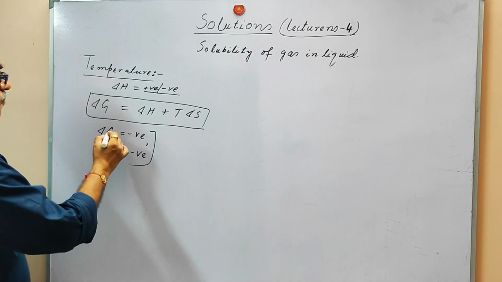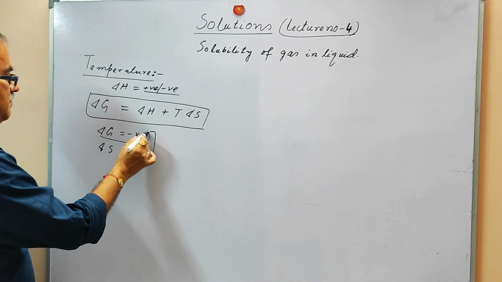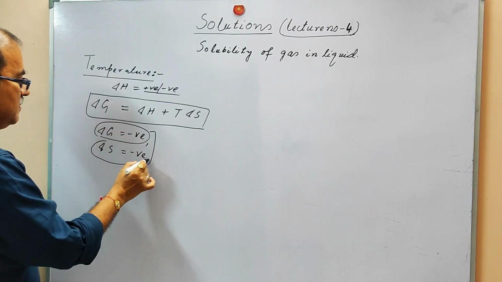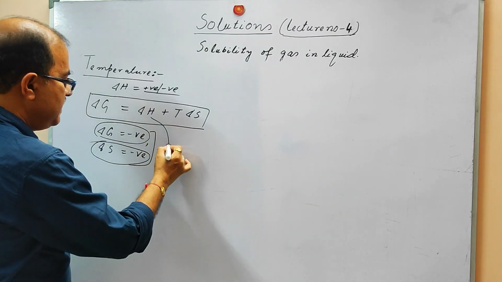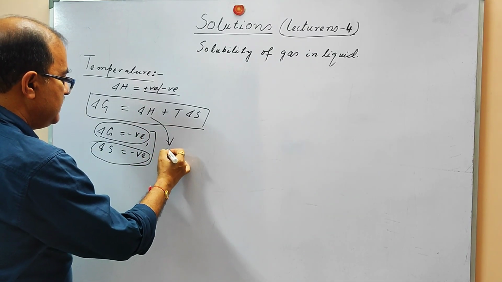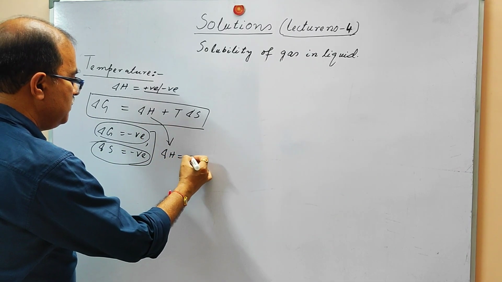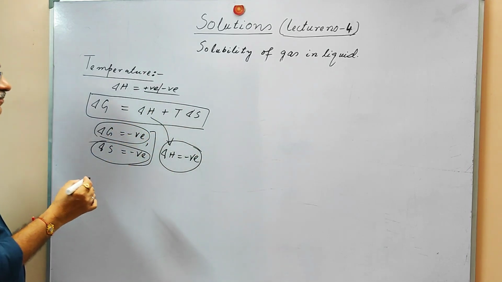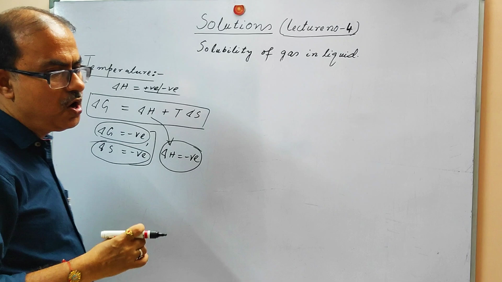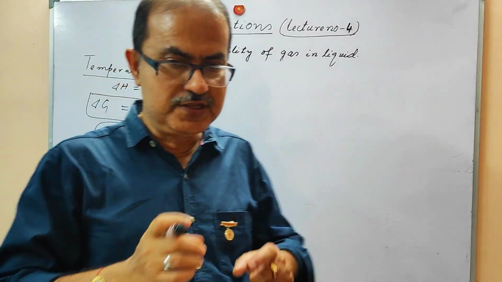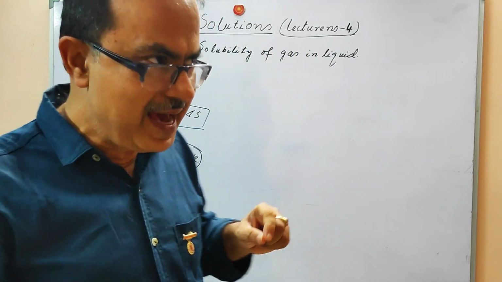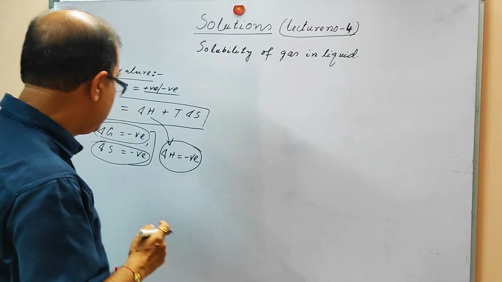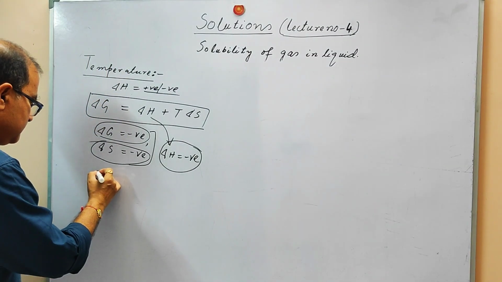So delta S is negative, and then naturally you can say delta H also will be negative, meaning the process of the gas going into the solution can be written as